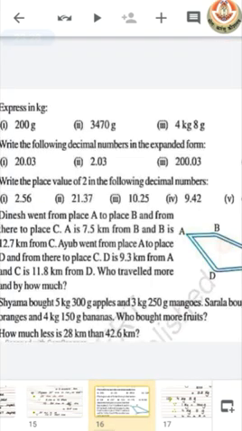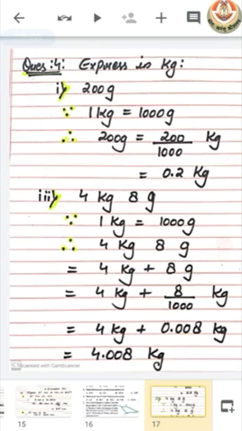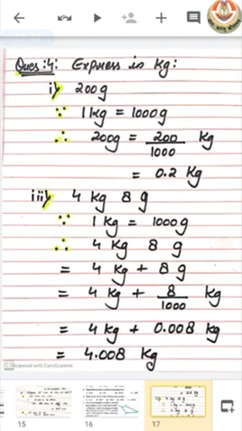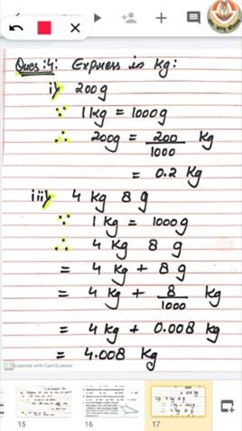Now let's move on to the next question. Question number 4. In this we have to convert the given weight into kilogram. So here we can see how we can convert 200 gram into kilogram. For this we should know how many gram are in 1 kilogram. So we know that 1 kilogram is equal to 1000 gram. So for converting 200 gram into kilogram, we have to divide 200 by 1000, and we get our answer 0.2